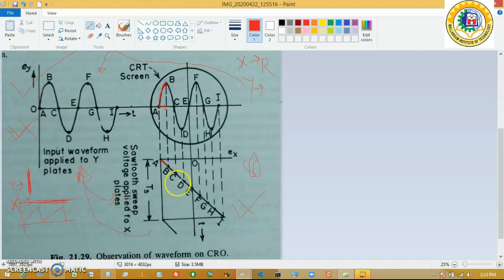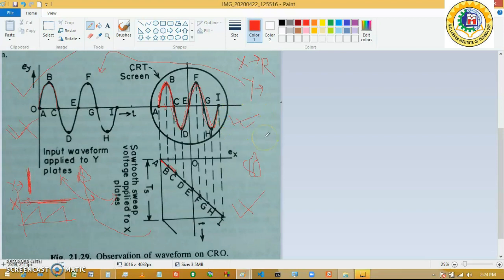Okay, like that whenever it moves from B to C, you can again see that the electron beam as a whole reaches point C horizontally, but the effect of Y plate is moving this electron beam back again to the zero position. So you can see that for the application of an increasing ramp voltage with synchronized frequency matching, we can see a stationary waveform like that. So the waveform is being generated like that. Here the frequencies are integral multiples and the phase is 0. This is what happens in the case of the Lissajous figure.